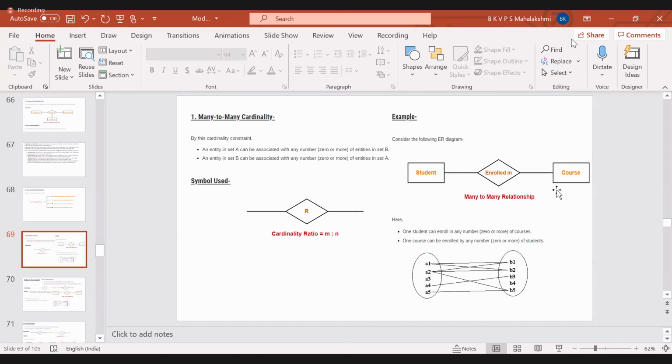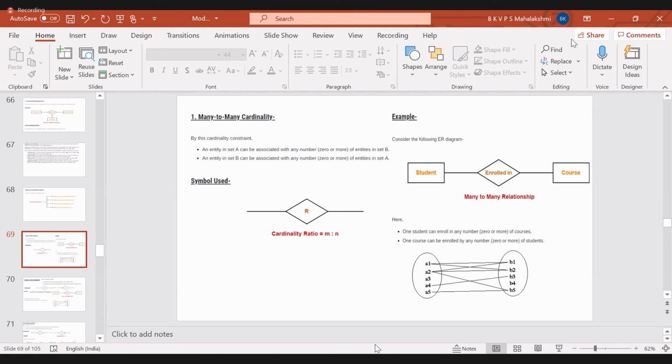See, suppose here student course enrolled into the course M is to N. It indicates that, okay, many of the students may enroll to many of the courses. Instead of putting the same M in both the sets, you can also mention with a different character, that is N. M is to N indicates that many to many. That means it doesn't have any restriction that only one student should register to only one course. No, it means that the students can register any one of any courses, more than one courses. It gives us the meaning.